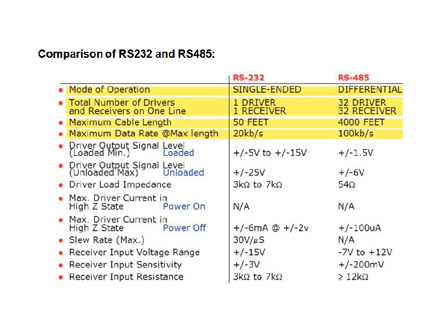And the maximum data rate supported by RS232 is 20 kilobits per second, whereas RS485 will support 100 kilobits